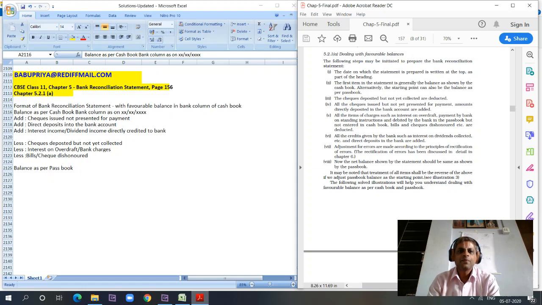has to be deducted. These are all the basic things, and over and above this, there can be errors in posting by the bank as well as by us. That has to be adjusted, depending upon the type of errors, who has made the error and which book the error has come in, etc. Those things have to be adjusted still.